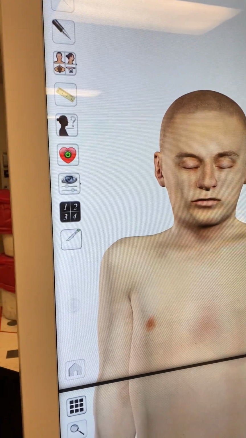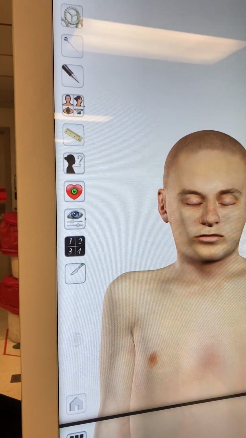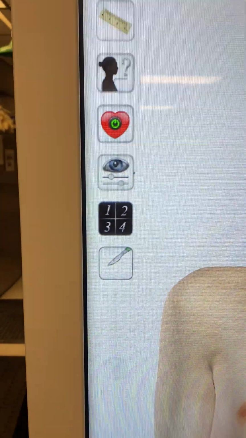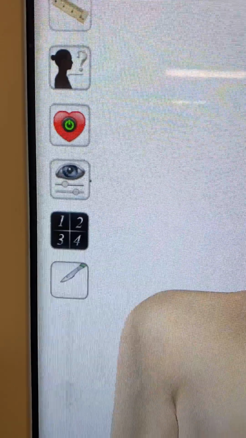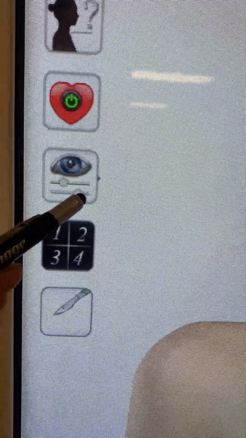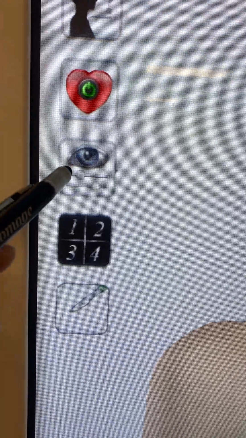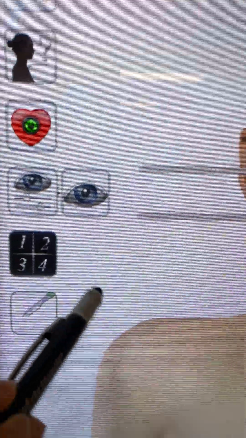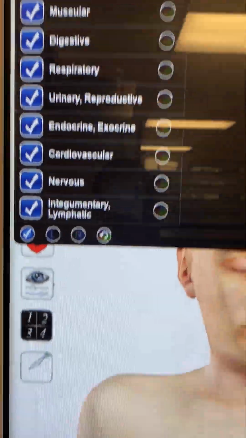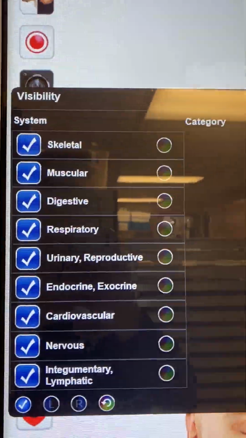How to use the visibility menu. I think it's one of the best features in this table, because this is the icon for the visibility menu. I tap on it and then tap on this eye icon, because it allows you to